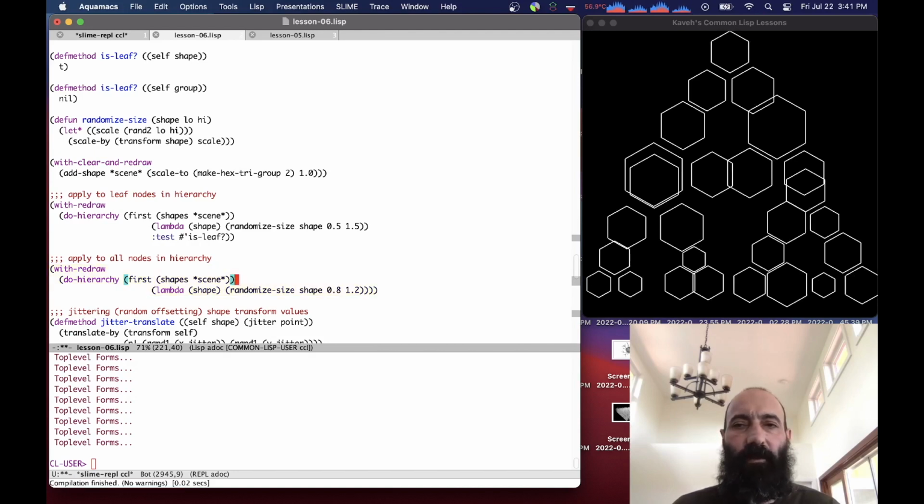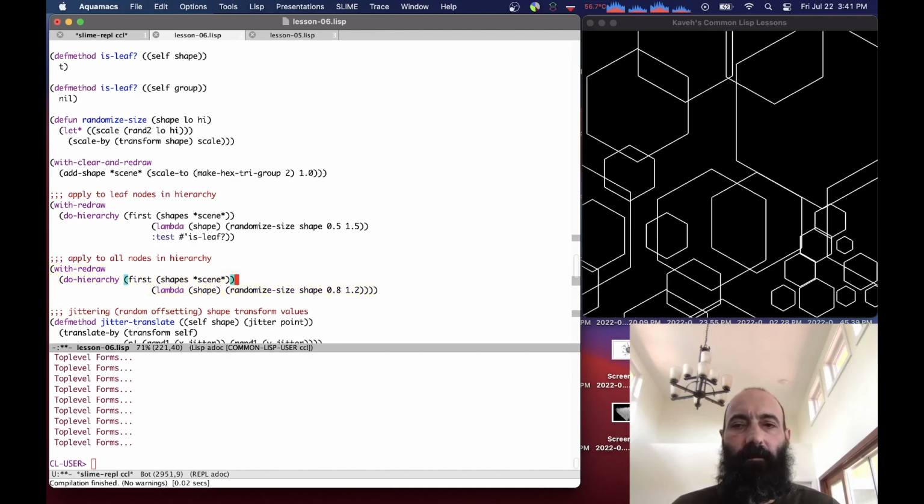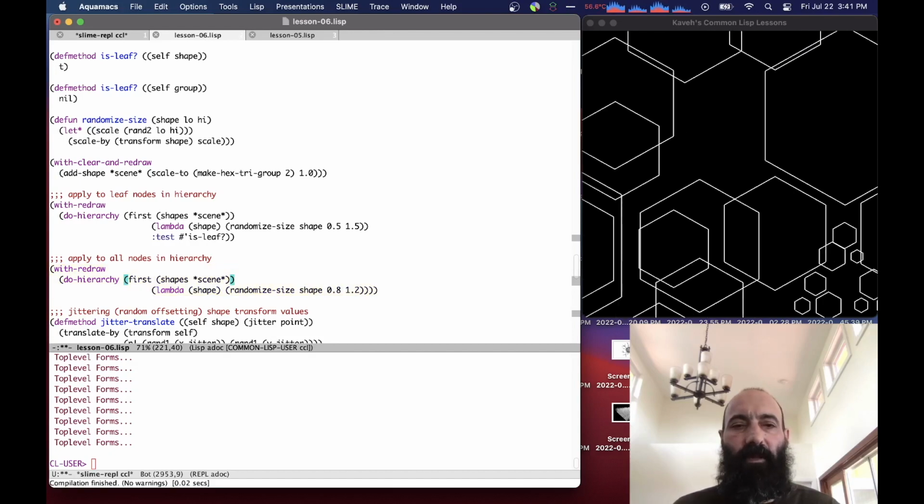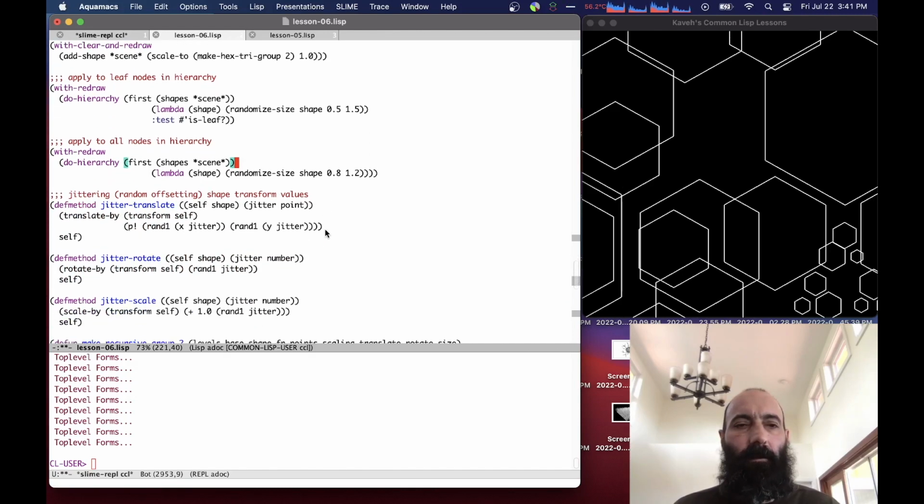So you can see the triangle, the shapes actually move around because the intermediate groups are also being scaled, and that's affecting the positions of their children. So this gives us an idea then. Let's try